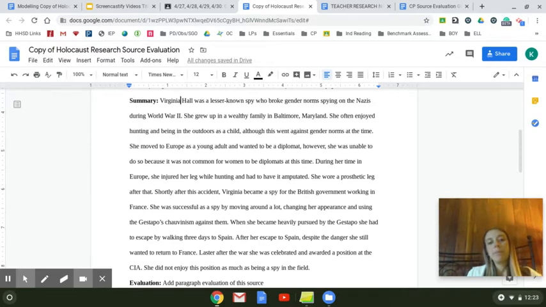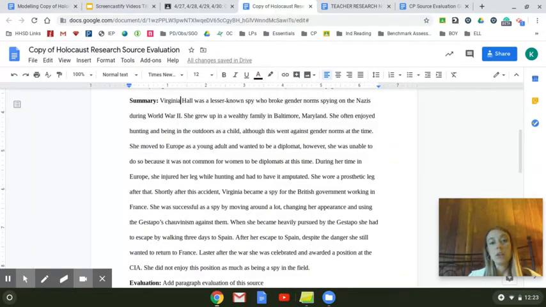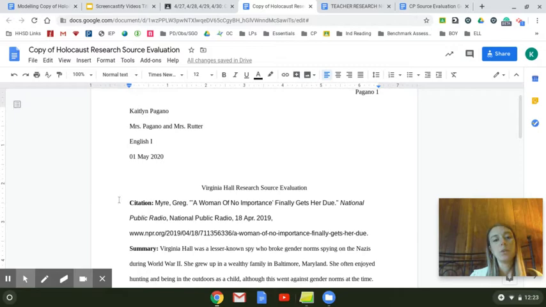But it really does tell all the details that I learned from this source, and it's an indication of just how many notes I took from this source. The more notes you have, the better you're going to be able to fill out your paper. If you have any questions, please email me. If you would like me to look at what you have, please email me. If you need any help and you'd want to meet, like with a Google Meet or over the phone, email me. The last thing that you want to do too is just make sure